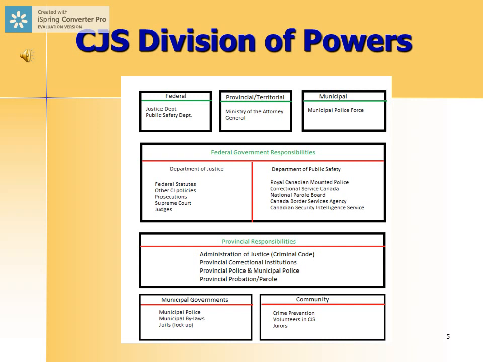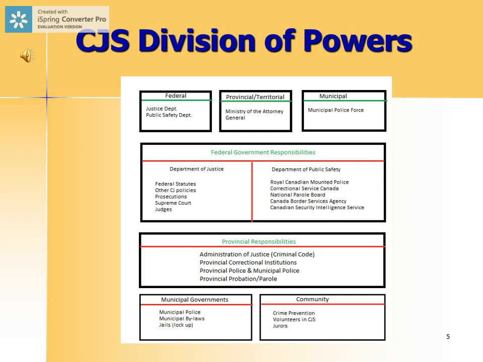So basically you see that the system is divided primarily between the federal and provincial governments. The federal government is primarily responsible for creating laws, although it does enforce some federal laws through the RCMP, while the provincial governments, through the Attorney General of each provincial government, are responsible for administering those laws. So the vast majority of policing is actually under the jurisdiction of provincial governments. Even when the RCMP is involved in municipal or provincial policing, that's basically still under the jurisdiction of the provincial governments.